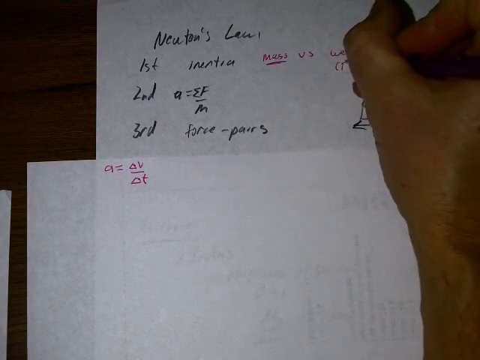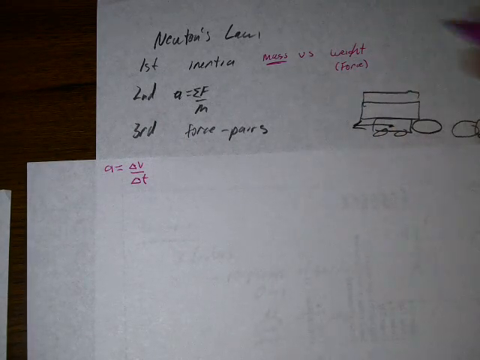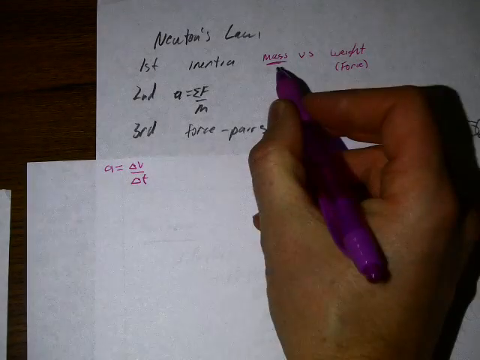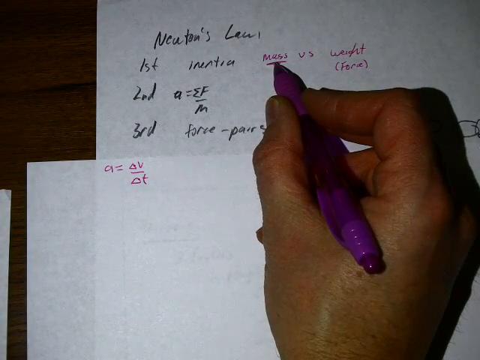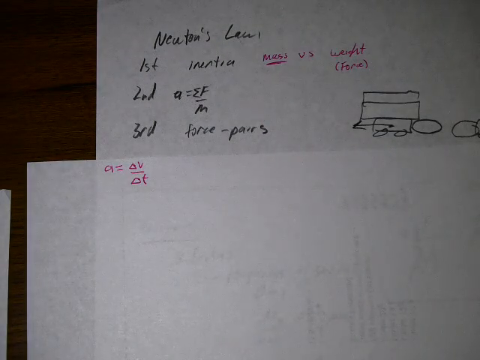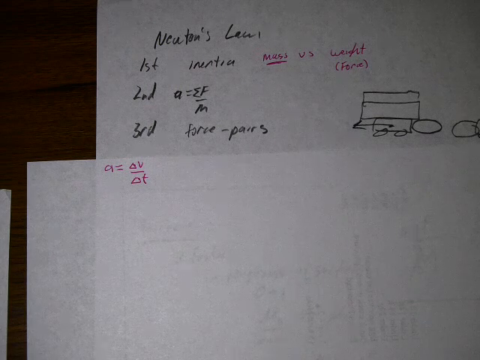So this is a force of gravity. It depends on where you are in the universe, how much weight you have. Whereas your mass is always going to be the same no matter where you are in the universe. You'll always resist accelerating by the same amount. Second law we know. Third law is forces only occur in pairs, or more classically, for every action there's an